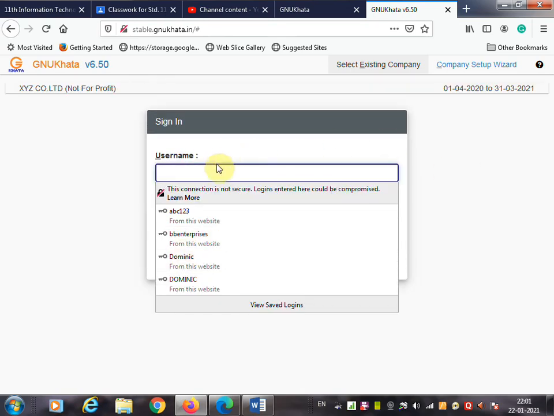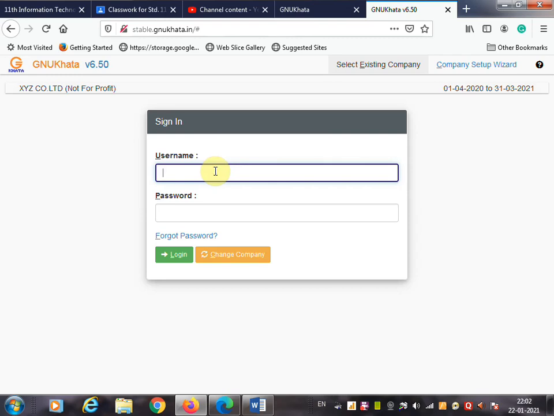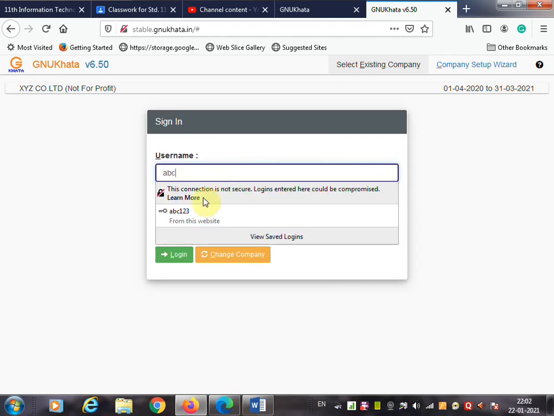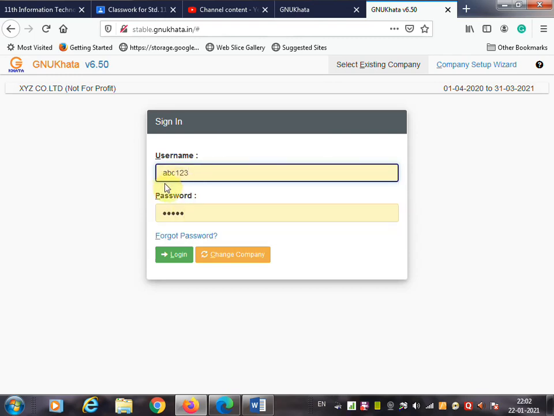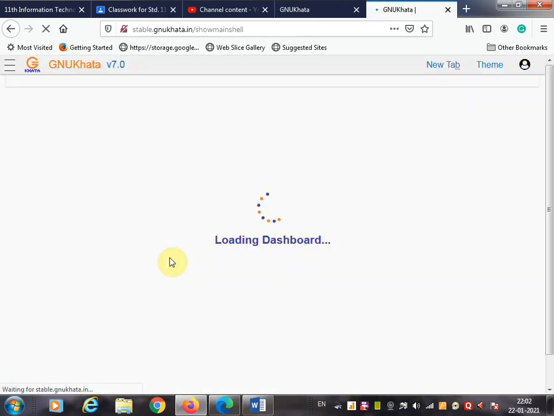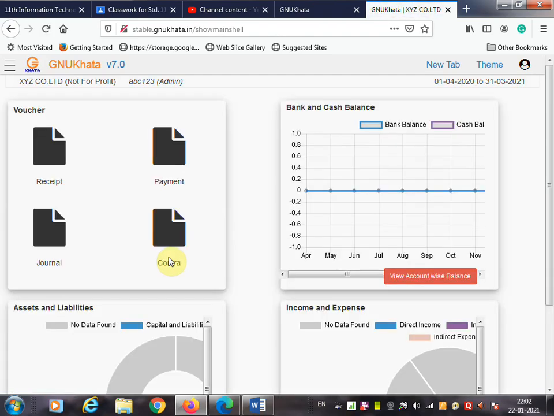It will ask you to enter username of the company. So we are going to enter the username ABC123, and what password you have given to that company, you have to enter that password and click on login. Once you click on login, then your company will open.